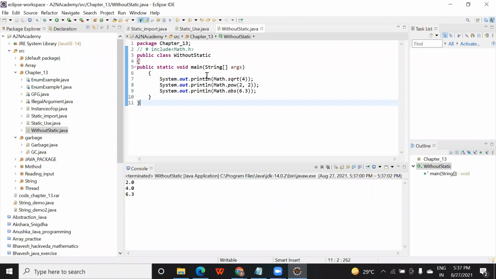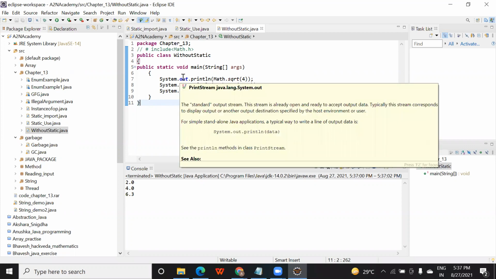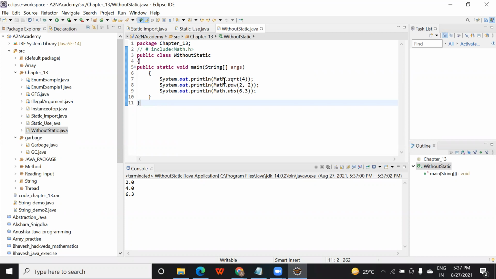You don't need to create an object of that. Do you remember that? In my early classes, I told you about public static void main: static is added to tell you that you can access the class method name and variable name with the class name. You don't need to create an object all the time.